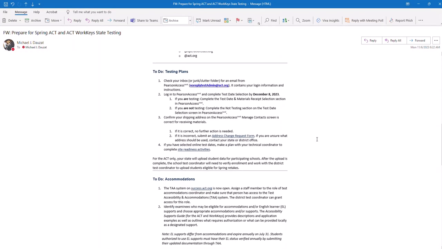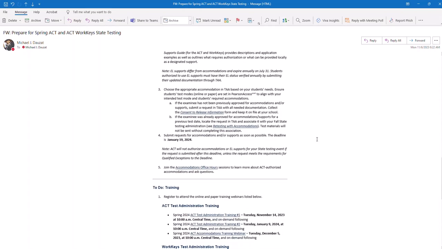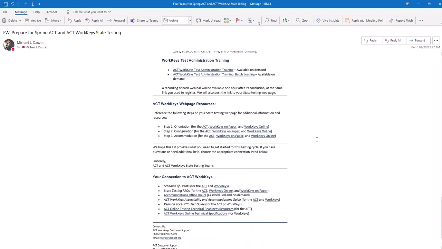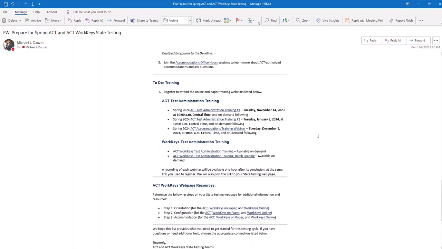I opened it up, and there's a place on there where you have to change the address. Now I thought we had done that last year. Whoever was doing it last year. And what happens with Miss Banger was, yeah, I remember doing it. It's just that sometimes when ACT goes from one year to the next, they don't transfer the information. So it's like you have to keep redoing this.